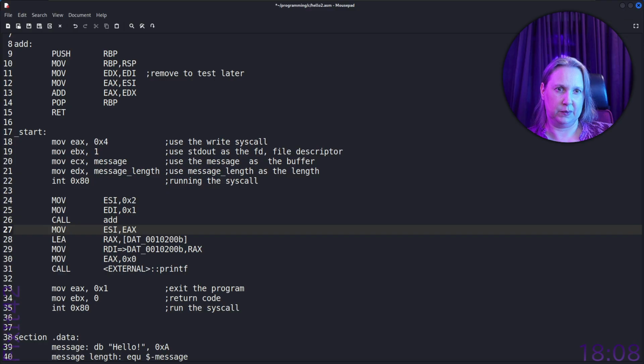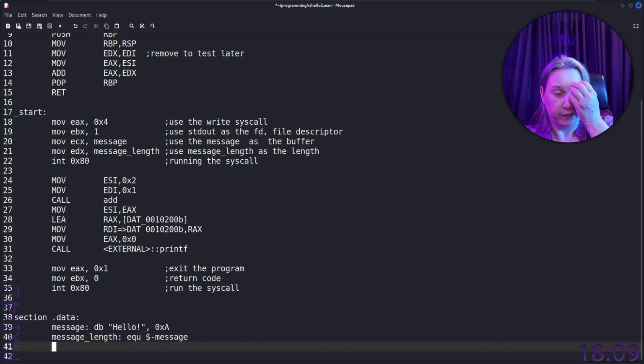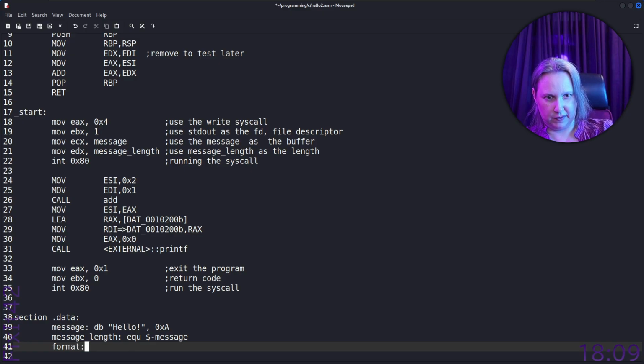After that, we put the response in ESI because we're running another function, so we want it there as the first argument. Then we put the string that we don't have, so we're going to have to add a string here too. And this is a section data that we remember from Ghidra there, and ChatGPT read for us about this. So let's call this one format: